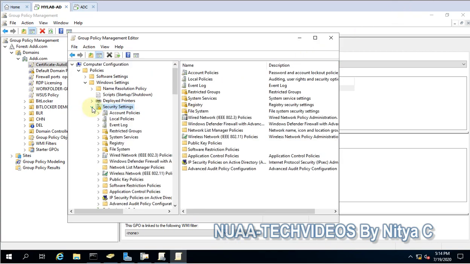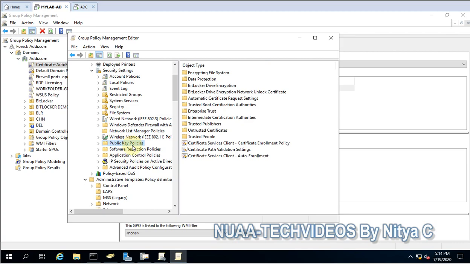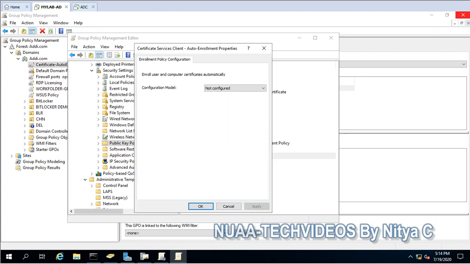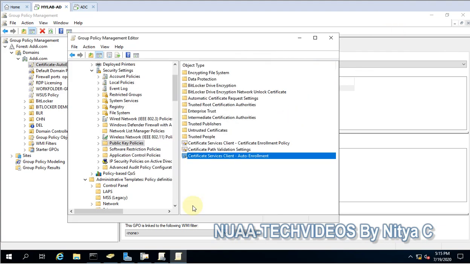Then we need to expand the security settings, then we have to look for public key policies, and here this is the setting: object type, certificate services client auto enrollment. So we have to just enable it. Enable, then we have the setting update and renew expired certificates, and log expiry. This is fine. So with the setting we will apply and OK,